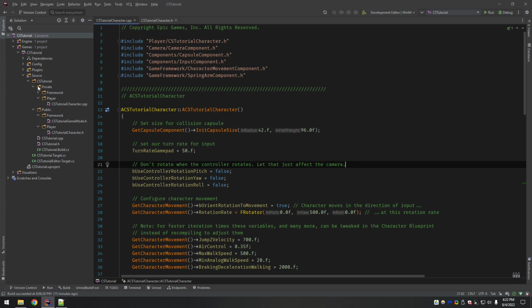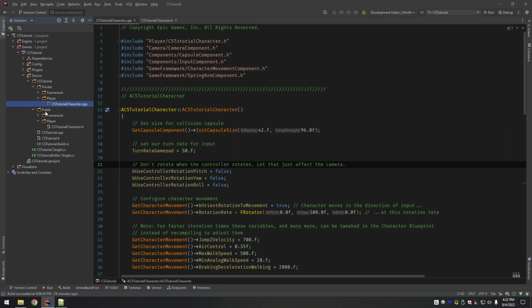So before I started recording, I like to reorganize my file structures to use the public and private hierarchy. It's not mandatory. It really is up to your personal preference, but in the past when I've done projects, it sorts your CPP files off into a private and your header files off into a public folder. And I've just gotten kind of used to that. And so I just like to reorganize my stuff that way.